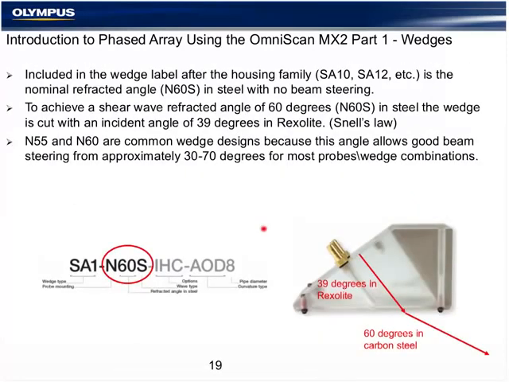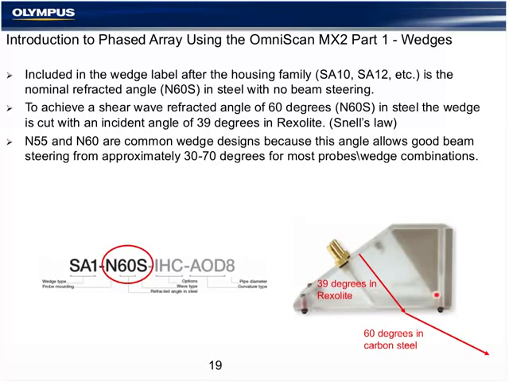The wedges are made of Rexolite. They're high quality machining. They have a very tight tolerance. Rexolite is extremely useful for phased array because of its frequency retraining properties. It has a constant velocity in every axis. That's very important. For that reason, they tend to cost more than Lucite wedges. Any flaw in the wedge or the dampening material is susceptible to much more wedge noise and interference than in